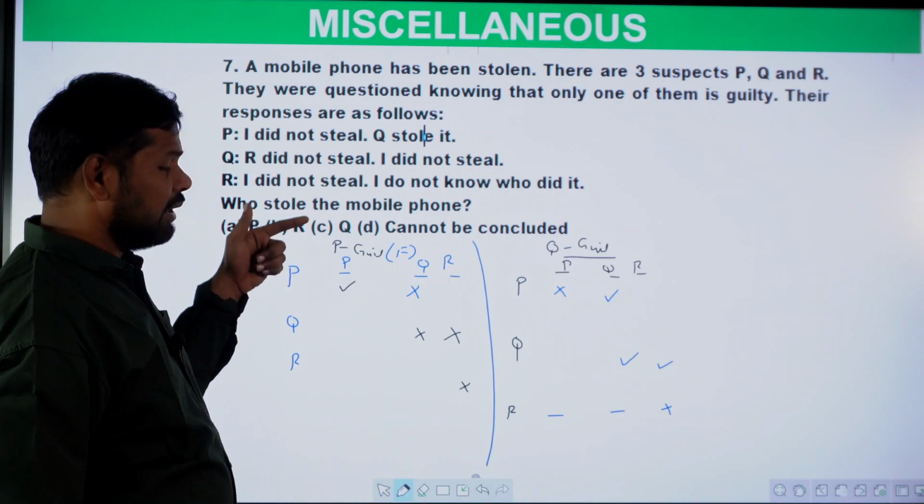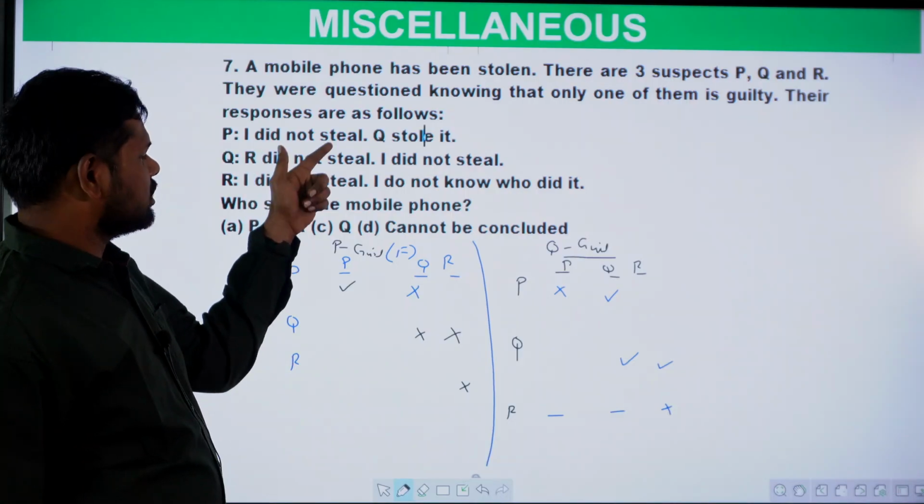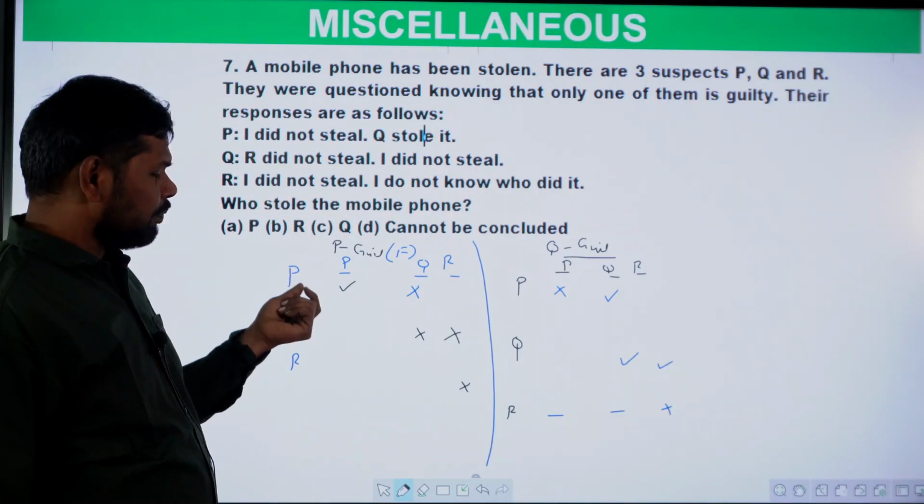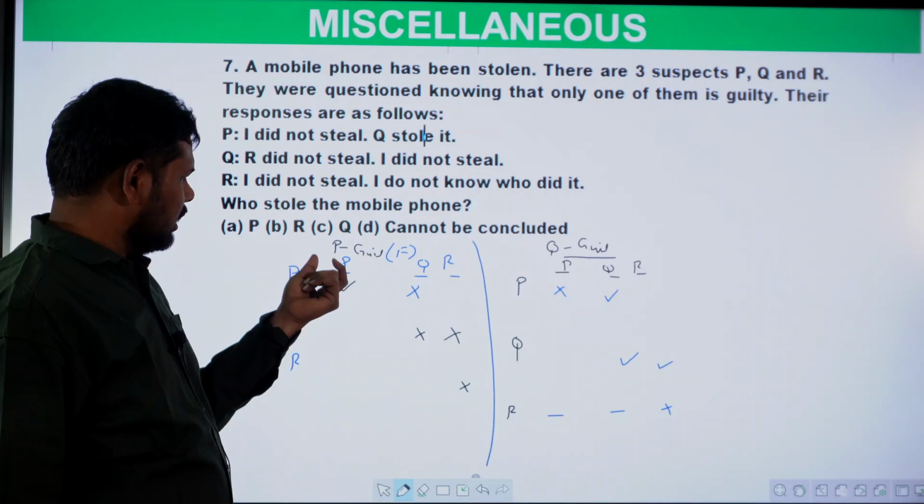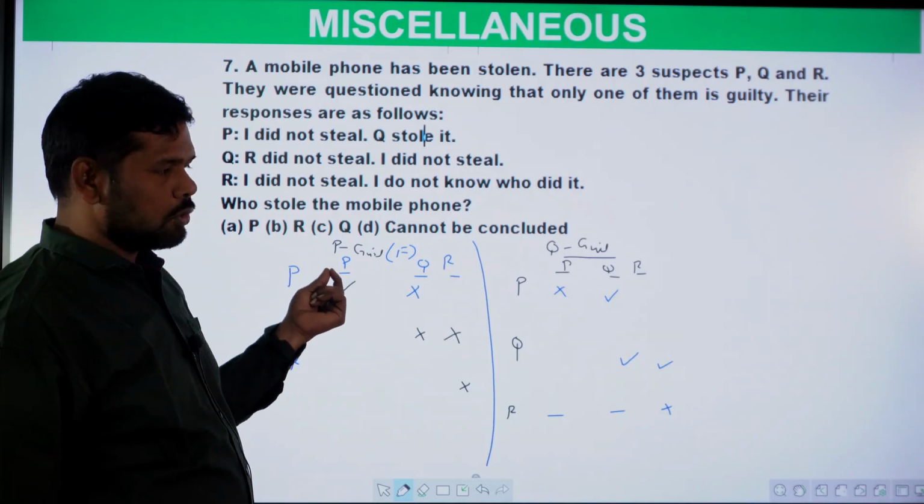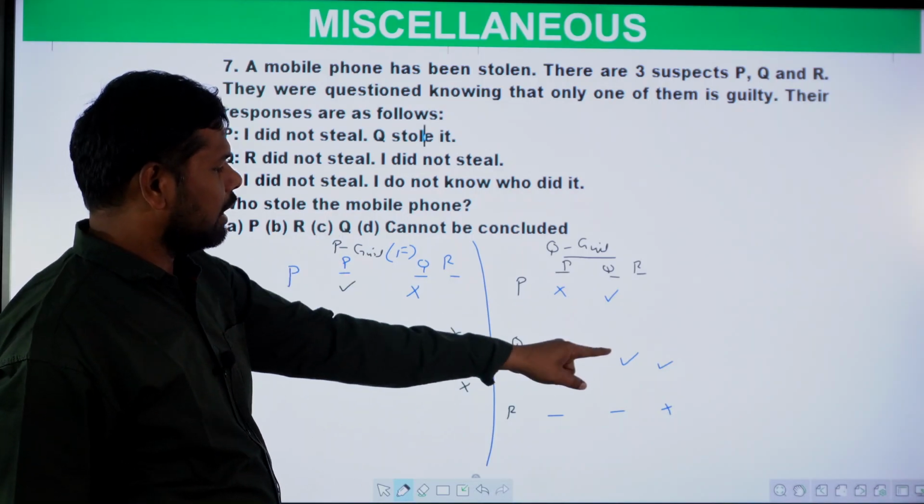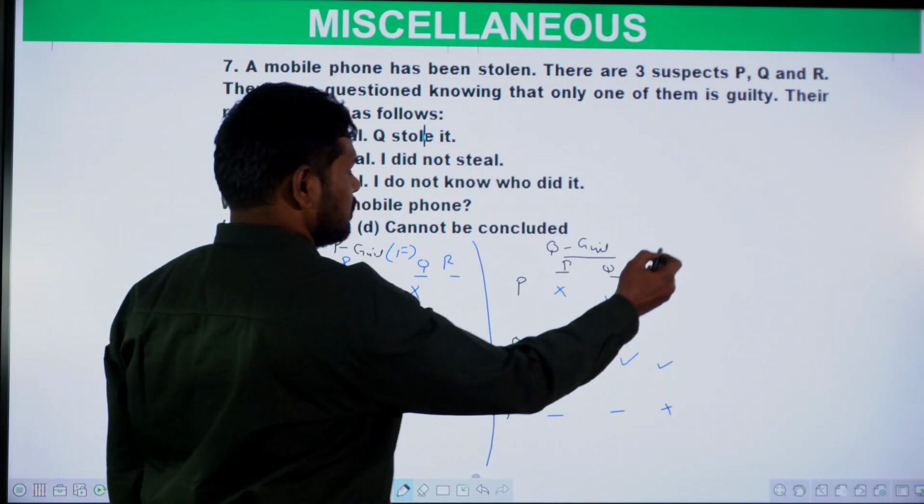Based on that, if P makes a false statement, then we consider P as guilty. Only P is the possibility to steal that phone. But here, Q and R, two ways are there. Suppose if you think